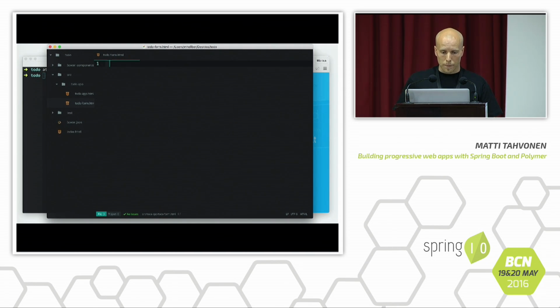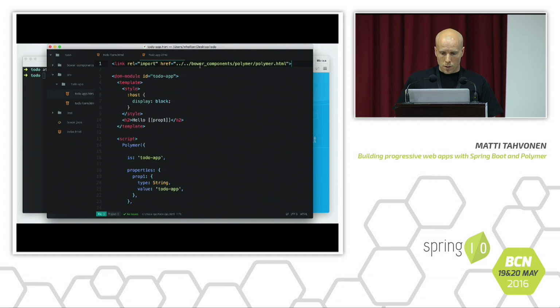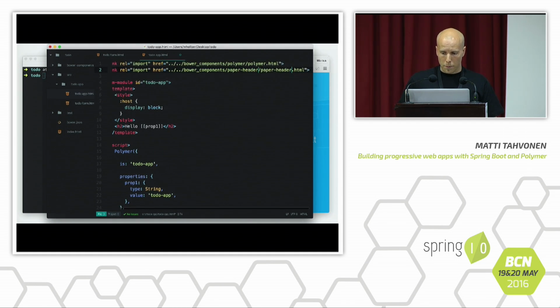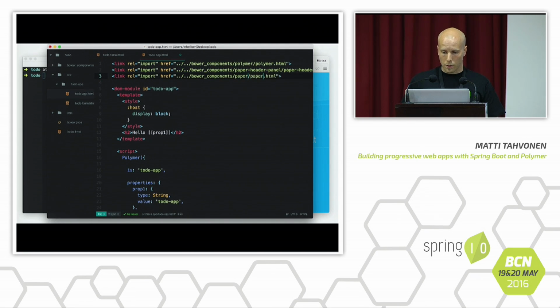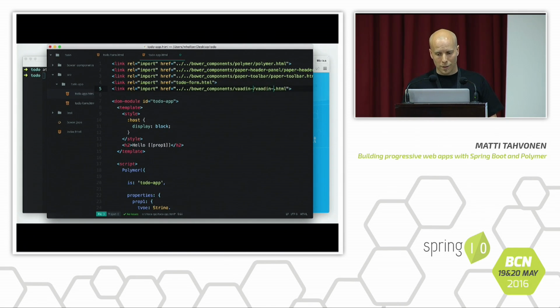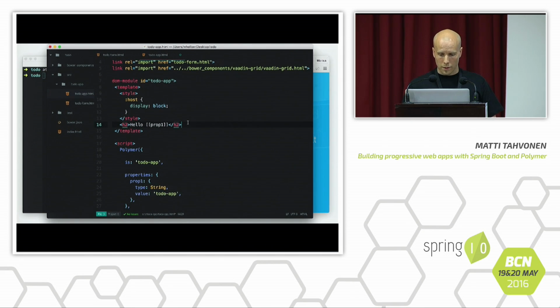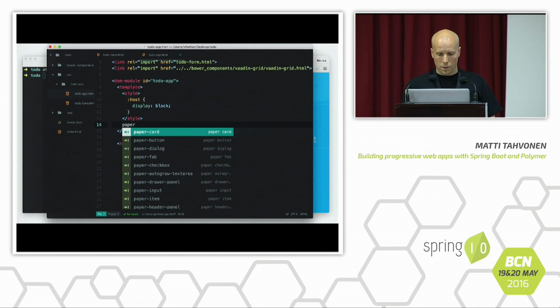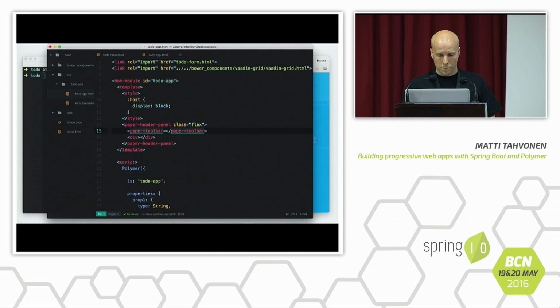to-do application HTML. And then we will import paper header, which we will use for the header part. Then we will need these fields and this form. Actually, no fields here in this part, but Vaadin grid and the form. And then we will create the DOM structure that we will need. Toolbar, we can place the actual header there. We can use any HTML elements inside these things. And then we will need this form,